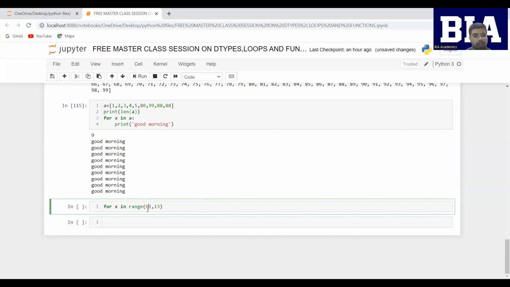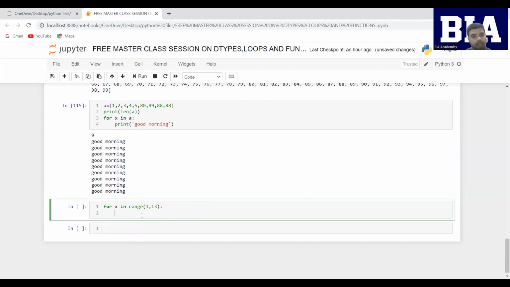As it is inclusive and exclusive, range 1 to 13 will take 1 and go till 12. Print 2 which is in string, or I'll be using this, and then